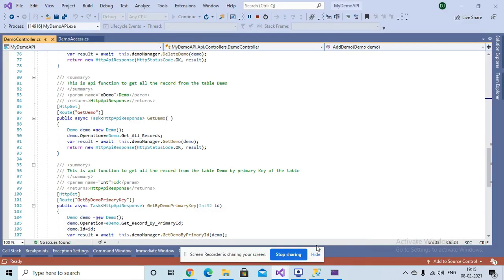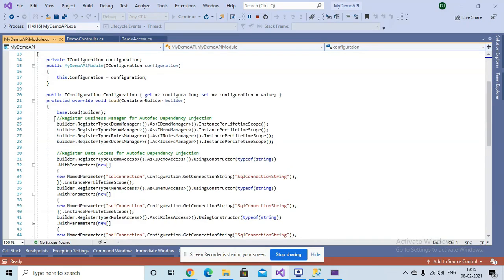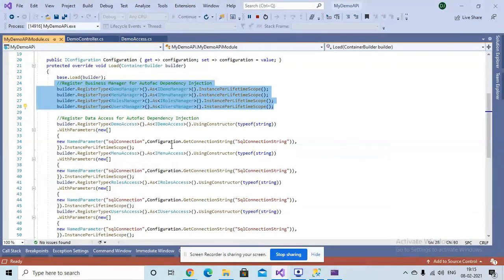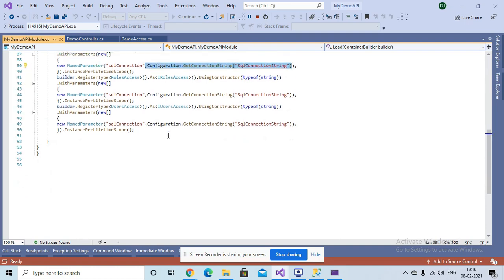And here you can see the module class as well. Basically this tool is using AutoFac. Here we register our business manager using AutoFac DI and data access to AutoFac DI, and pass the SQL connection string from configuration to the DI.